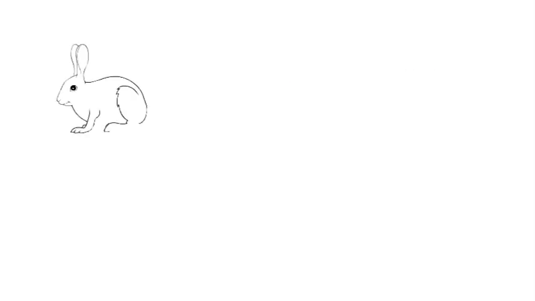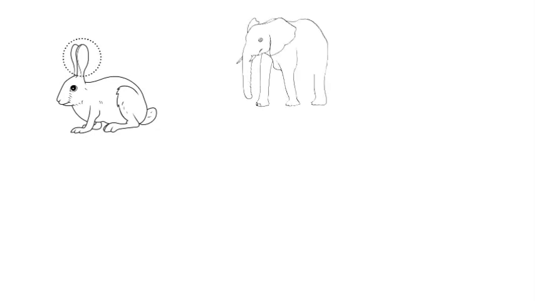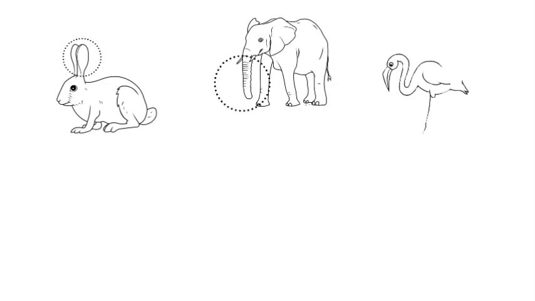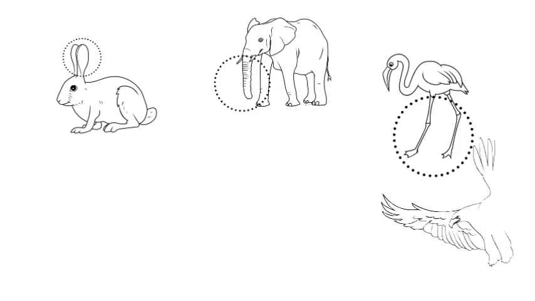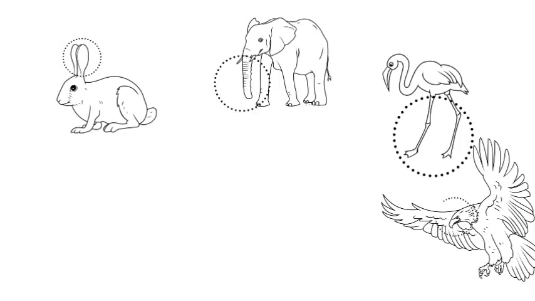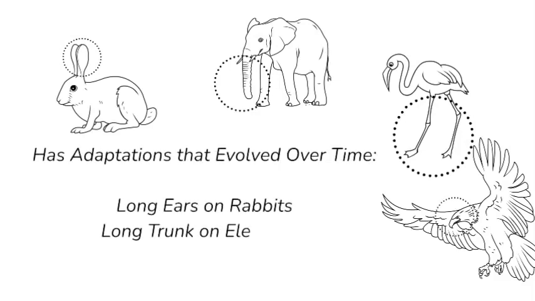Organisms also have adaptations that have evolved over time. We can think of the ears of a rabbit, the trunk of an elephant, the long legs of a flamingo, or the keen eyesight of an eagle. All of these things help these organisms better survive in their environment, and they are displayed by all of the members of the species. They take hundreds of thousands of years to evolve, but once they do, the organisms take